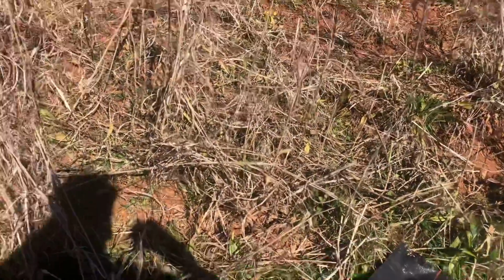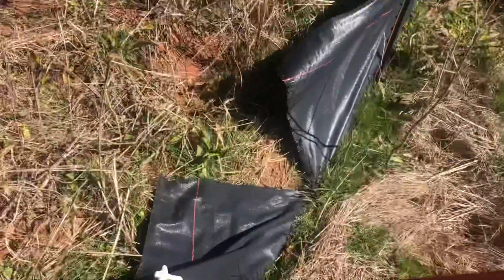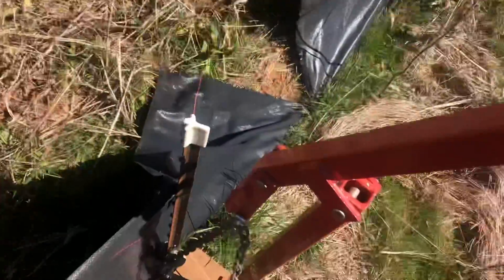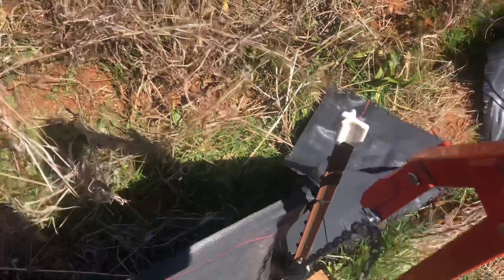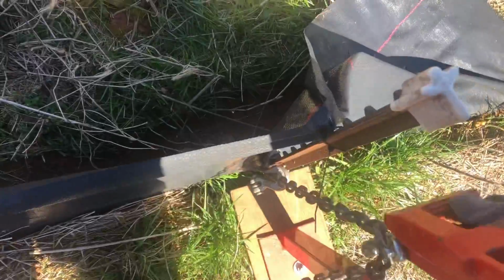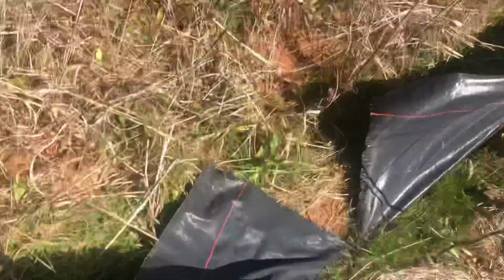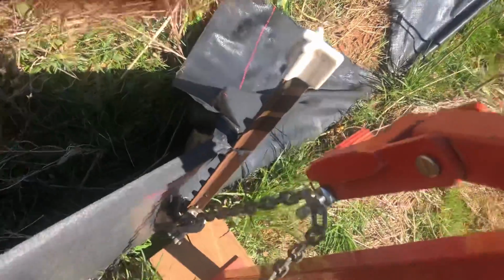All right, we're back from lunch, and I want to be able to pull my truck down here where I'm going to work, but in order to do that, I got to get past this silt fence. So I got my handy dandy Tractor Supply fence puller. Now, on a taller T-post, you can actually fit this over the T-post and pull it up, but because these are the short ones, it won't work that way. So I got a chain around it. I got a chain hooked in the hook,